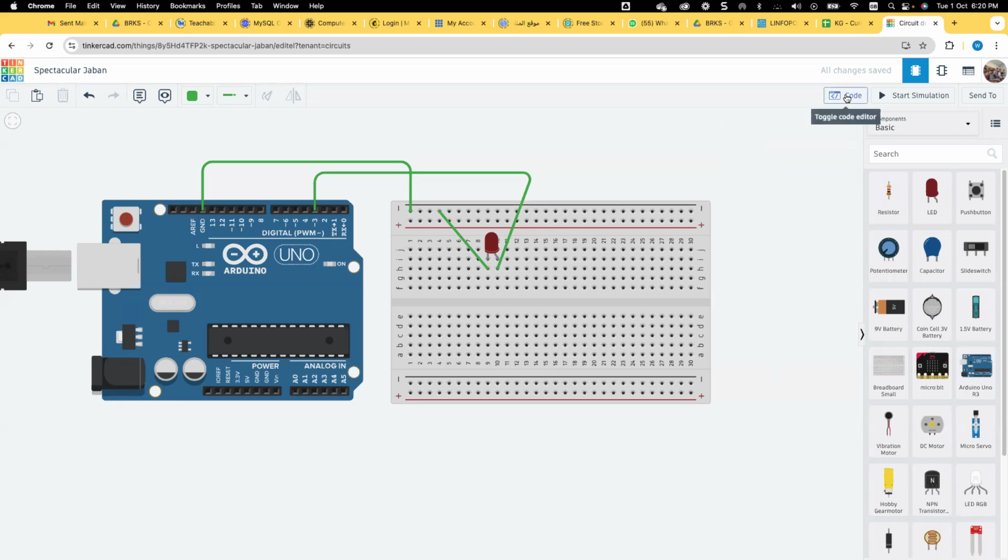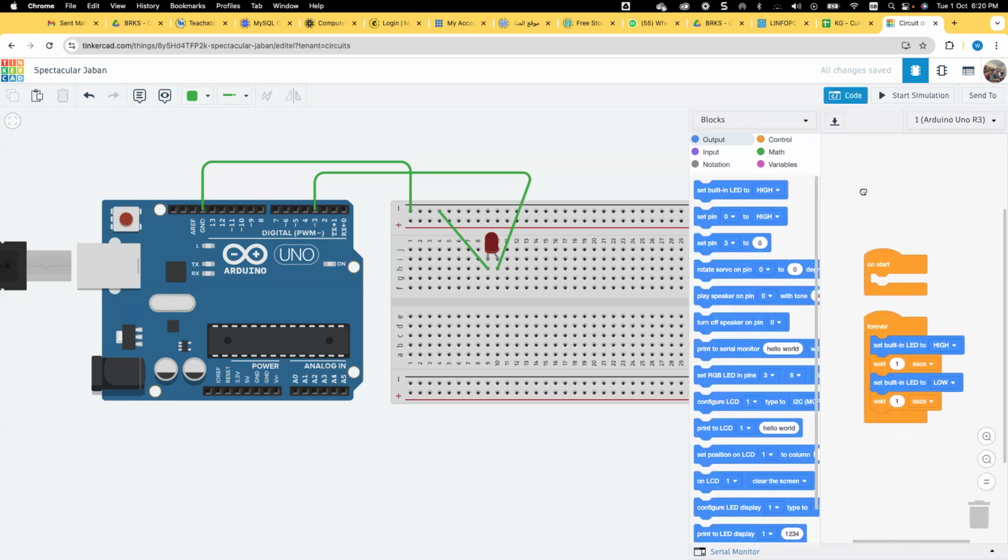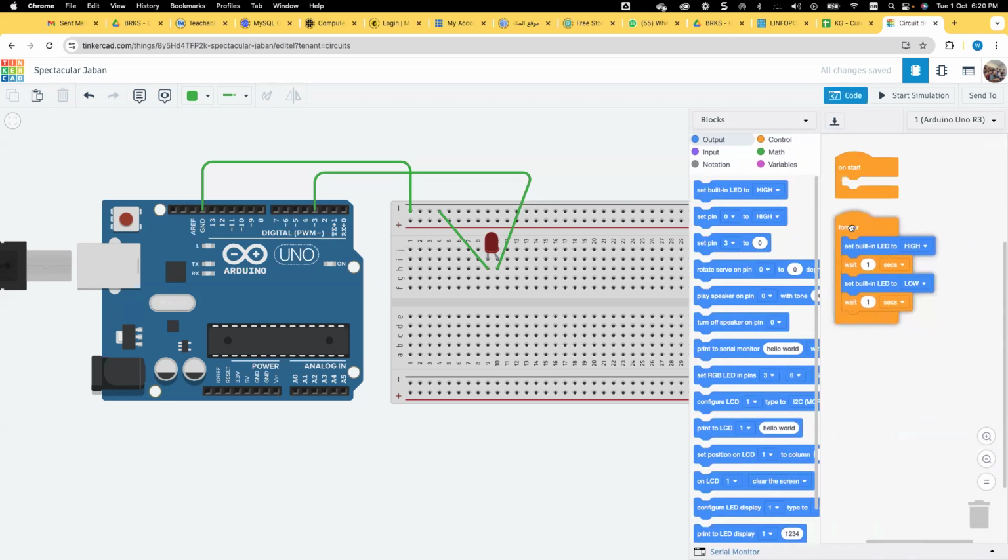If I click on code here, I can see that the programming is with blocks, not with C++, which will actually simplify the task for students. And I believe you agree with me. So here, by default, you will be surprised that in the forever loop, you already have 4 blocks.